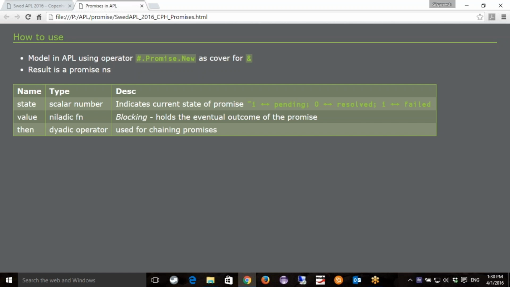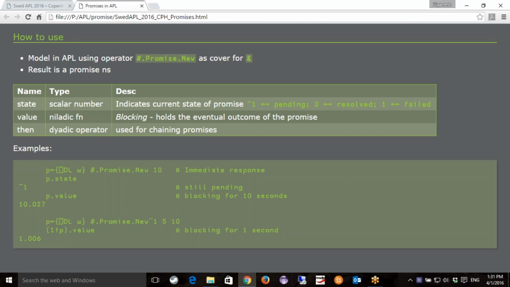So it's either pending, or it's been resolved, or it crashed and burned. The value contains the actual eventual outcome of running this function asynchronously. So it's implemented as a niladic function, which will block until the promise has resolved. And finally, the dyadic operator then, which is used for chaining promises.